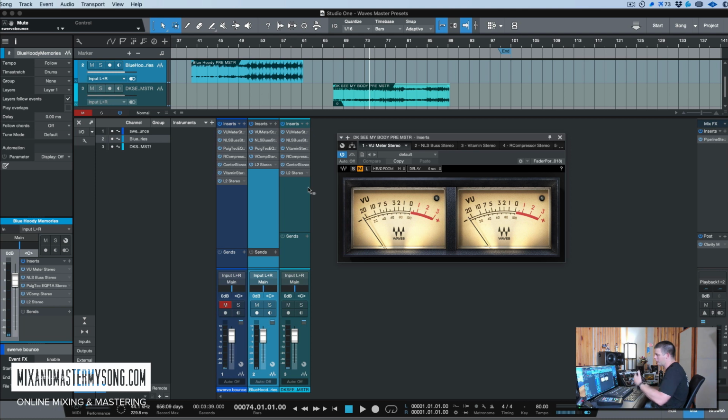And then, of course, you can always go through the different plugins and adjust them and change it up to whatever you want. This is just, you know, a good starting point, and then you can build from there. Let's